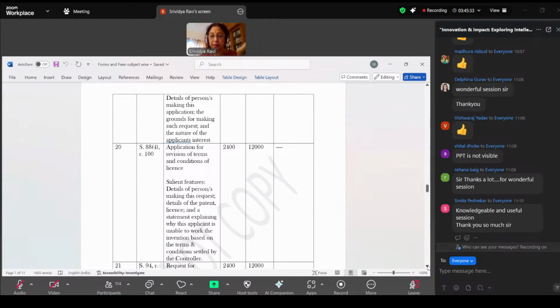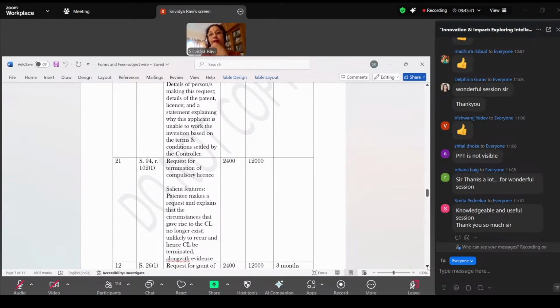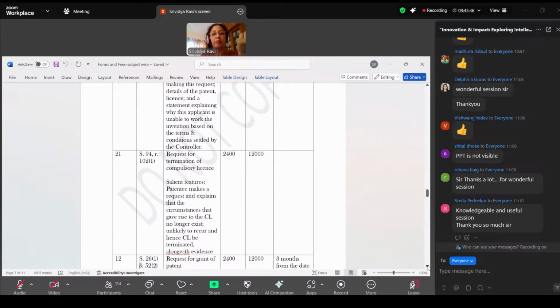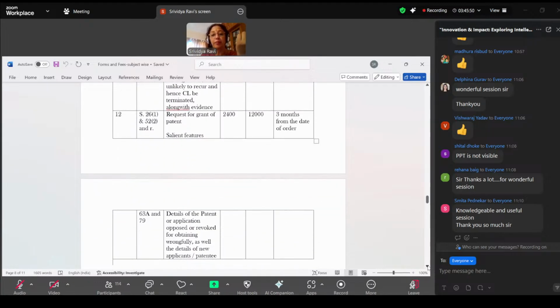Licenses have to be submitted to the patent office. When you revise terms and conditions, you can submit the revisions under Form 20. Okay. And if you want to terminate a compulsory license, that also can be applied for through Form 20. And there is a request for grant of a patent, okay, which is 3 months on the date of issue